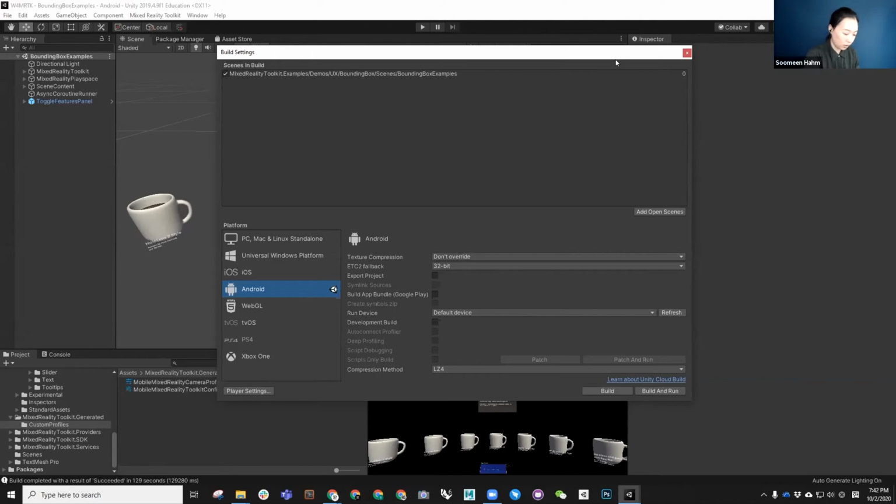Let me restart this app. Have I missed any step? Bounding box examples. So if the camera is not working, the background will be black. I don't think I missed any step. Let me double check. So we imported all the libraries